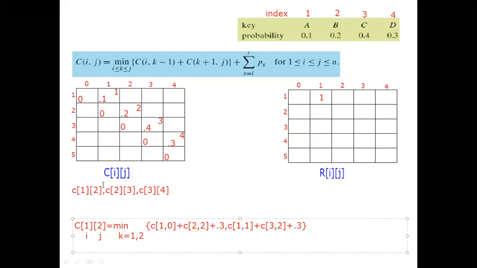C of 1, 0. C array is this one, 1, 0. What is the value? It is 0 plus. C of 2, 2. C is this one, 2, 2. What is the value? Probability we have to take. Do not take that superscript. Probability, it is 0.2. 0.2 plus this value 0.3 as it is. I will write, comma, here based upon the formula only I will go. Minimum I will write here. Minimum of, right? Next is C of 1, 1. 1, 1. What is the value? It is 0.1